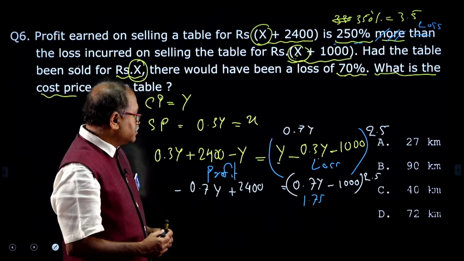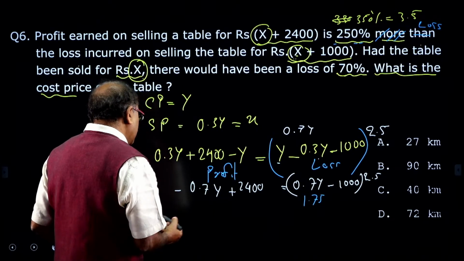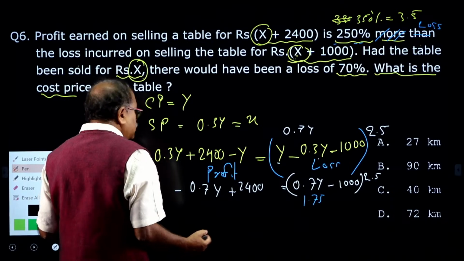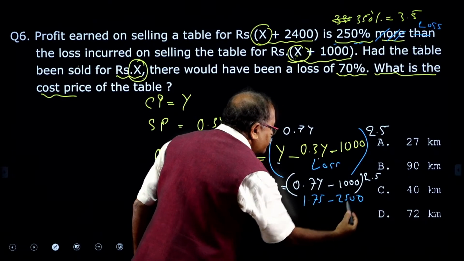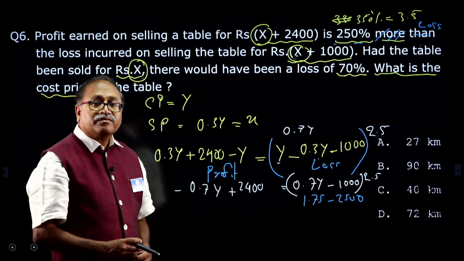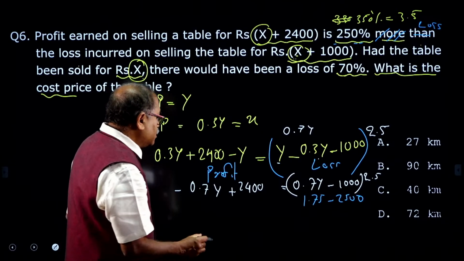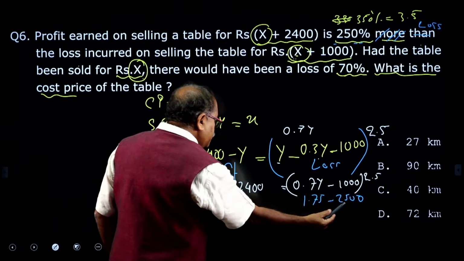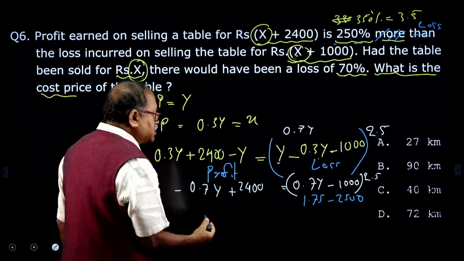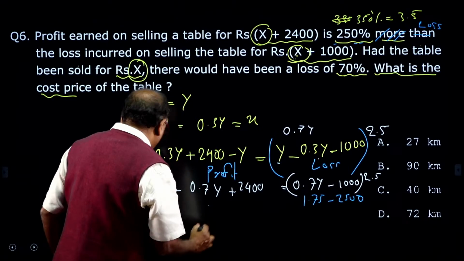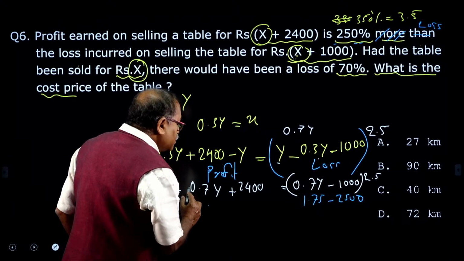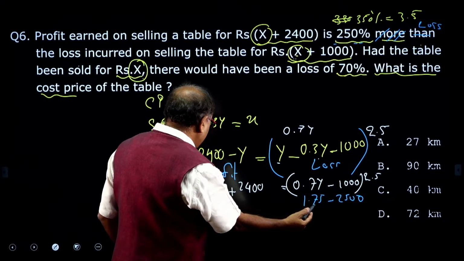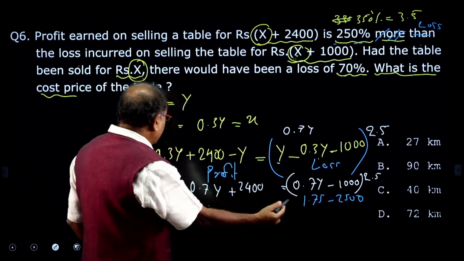Is that okay? Why not calculate the whole thing and do this calculation over here, that is minus 2500. I got this one, and 2500 when it comes to this side, that is 4900. I am getting 4900,